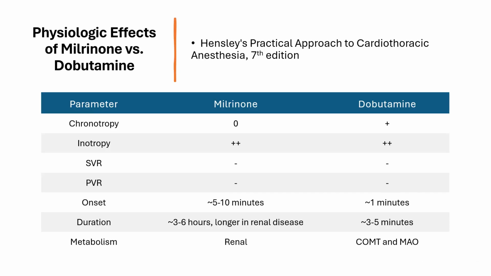Let's compare the effects of milrinone and dobutamine. Just to remind ourselves, dobutamine is a catecholaminergic inotrope. Milrinone is less likely to increase heart rate compared to dobutamine. Milrinone has a slightly more pronounced effect on the pulmonary vascular resistance, or tends to decrease PVR slightly more than dobutamine. Onset of action of dobutamine is much faster than milrinone, and the duration of action for milrinone is much longer